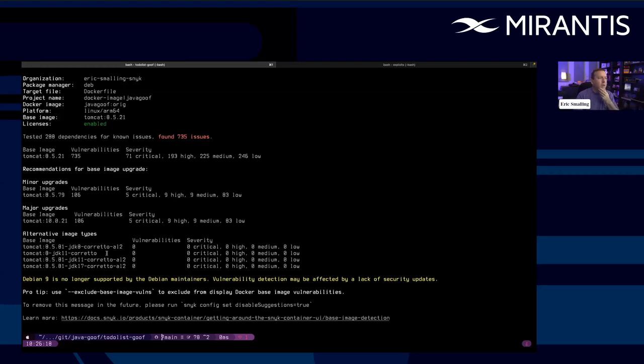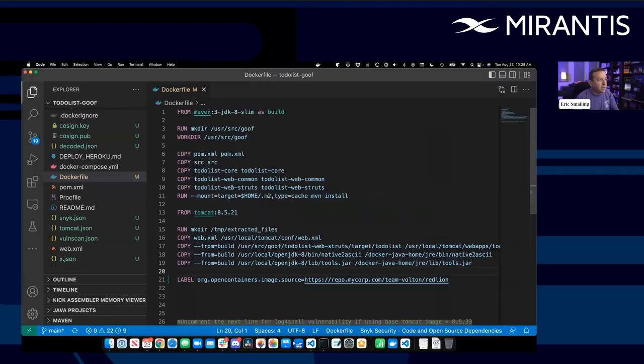And as an architect, I might look at this and say, well, we're not ready to go to Tomcat 10 because we know we have API problems with that, and I'm not ready to drink the Amazon Kool-Aid and go to Corretto yet. But we should at least get on the newer version of Tomcat to fix these. So let's upgrade to the latest build of Tomcat and take advantage of that at least. So it's telling me to go to 8.5.79. So I'm going to make that change to my Dockerfile.